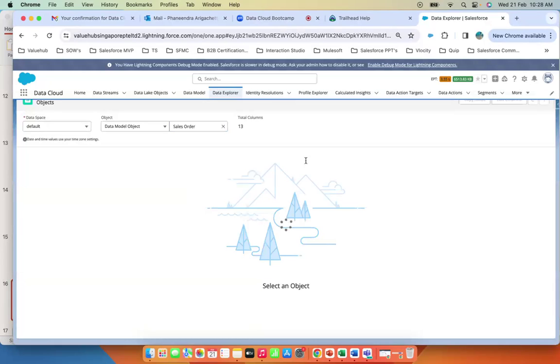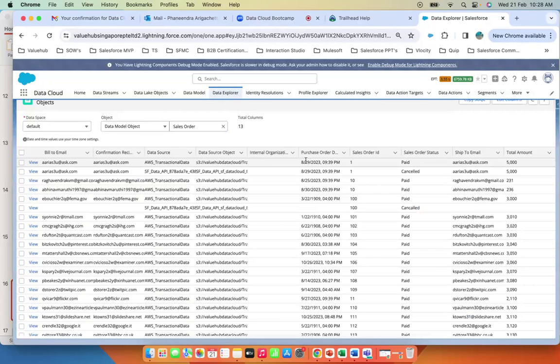So consider that you're doing this transaction via POS, and then we grab all these details from the S3 location, where it contains sale order status, sale order ID, ship-to email, the person's email, and the total amount of the sale order. And then predominantly, what you do is in calculated insights, where you can create some lifetime value of the person, where you could consolidate the transactions, and then you